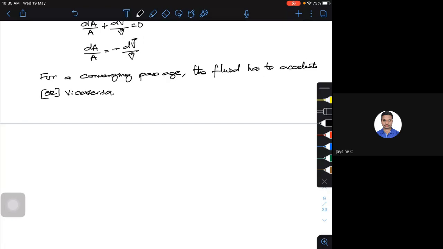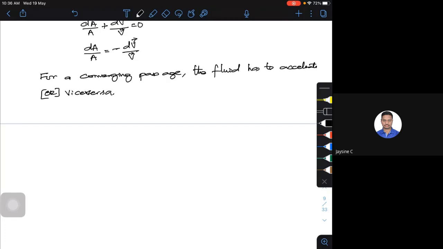Is there a relationship between the area, velocity, and the pressure in a nozzle flow? When we take steam in a nozzle, it enters at some pressure P1, V1, and exits at some pressure and velocity P2, V2, depending upon the section we are taking. What relationship exists? It is the Mach number relationship. Whenever I speak in terms of Mach number, the velocity of sound comes into the picture.